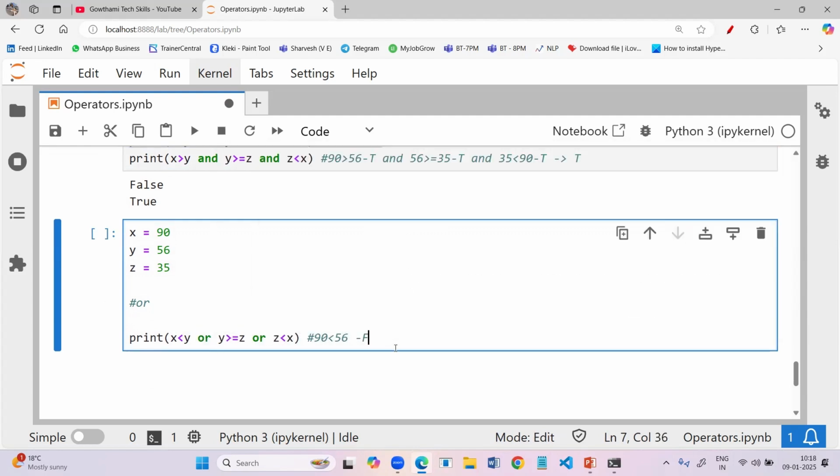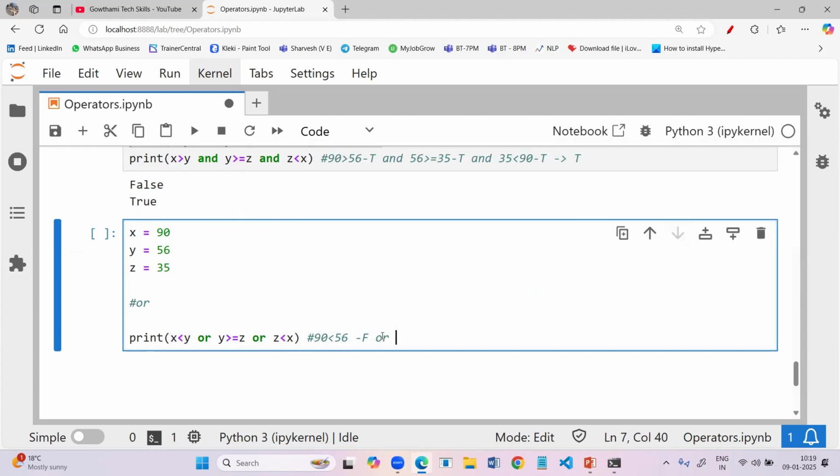Okay, let's check this. Here, the first condition output is false, but you should not lose hope. We should not declare the complete condition as false because we might have a true in the remaining conditions, right? When there is an OR operator, you should not conclude if the first condition is false. You may have a true value for the remaining conditions. So you should check it.